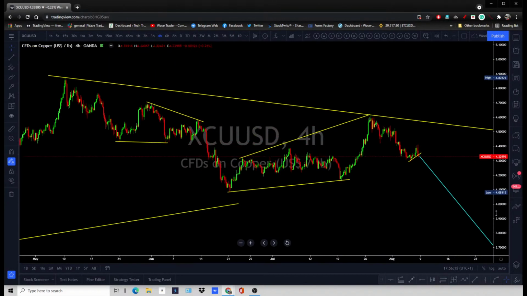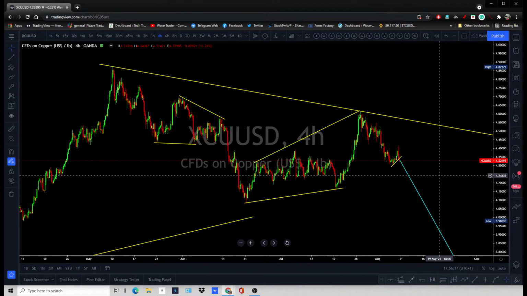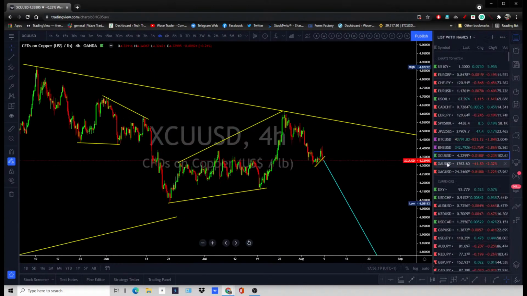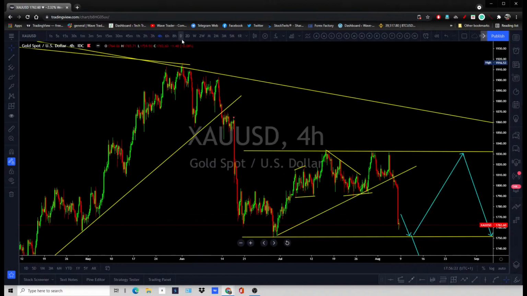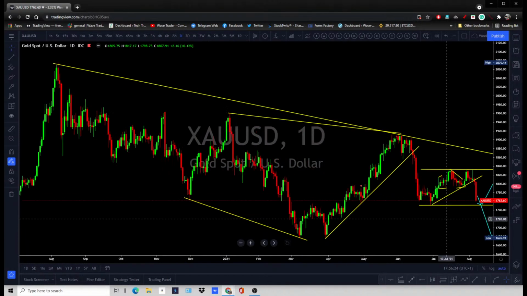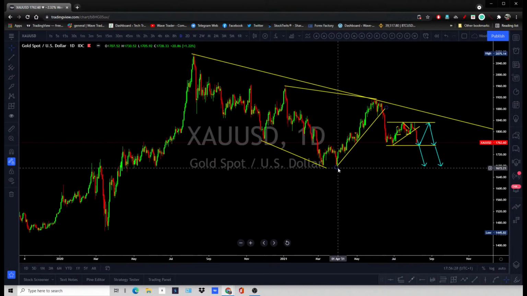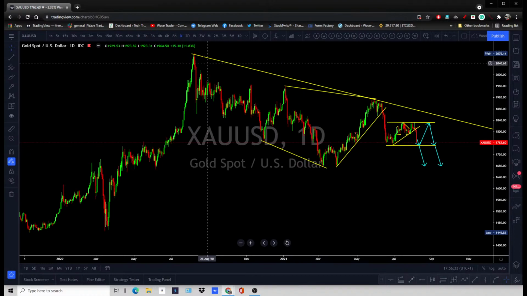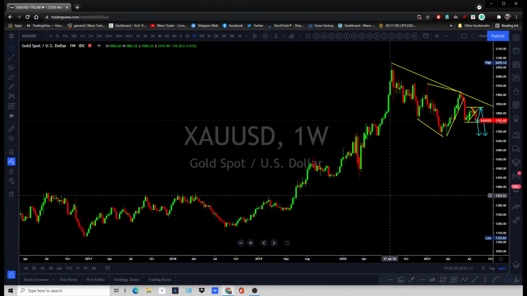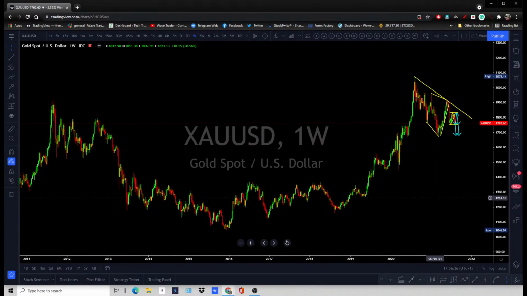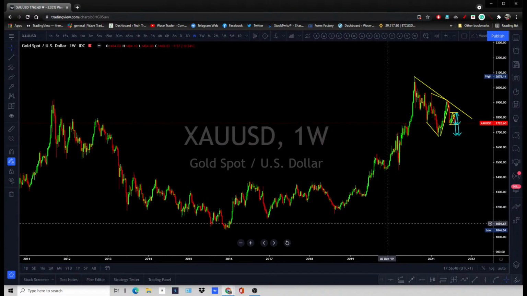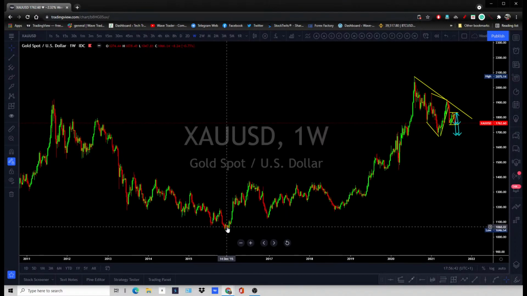All right, so on this 4-hour time frame, a correction to break down, and copper to fall over time. Gold too. Gold has already made its move last week after having a strong number. So simple flat formation, and it is going to visit this 1675 area first. It has the potential to drop; some are expecting that gold is going to drop again up to 1000. It can drop up to 1000.